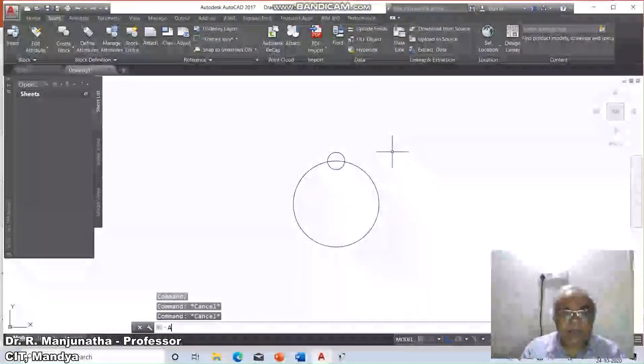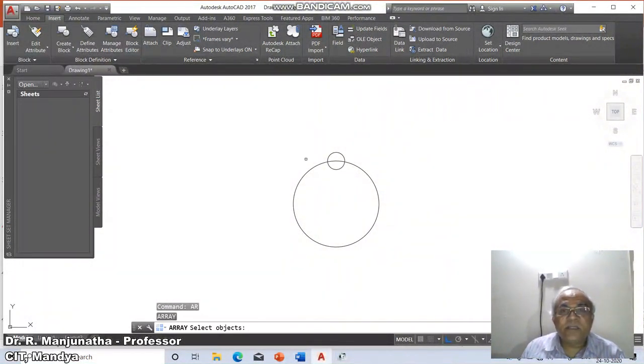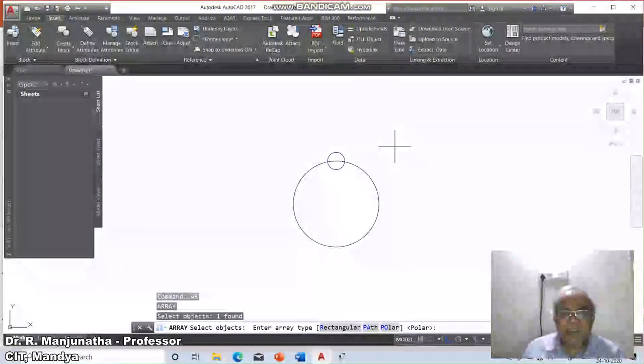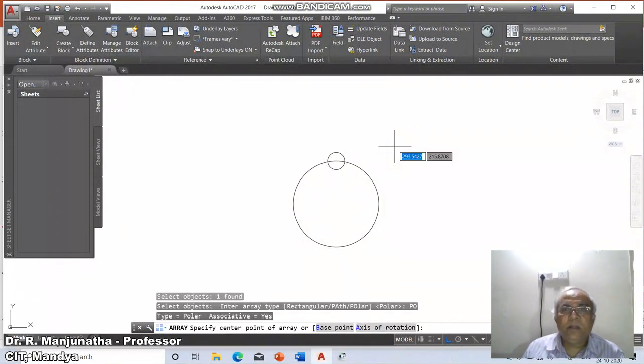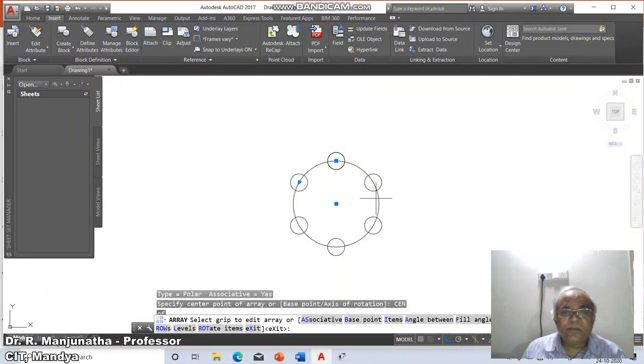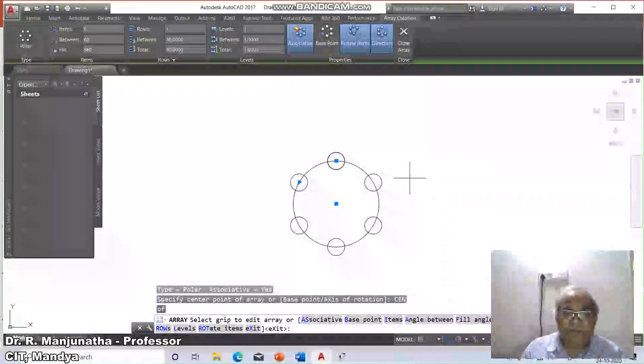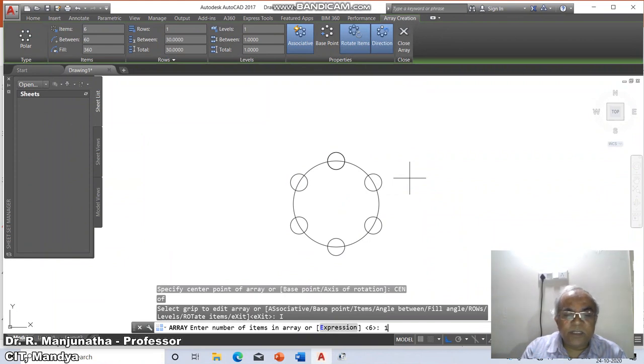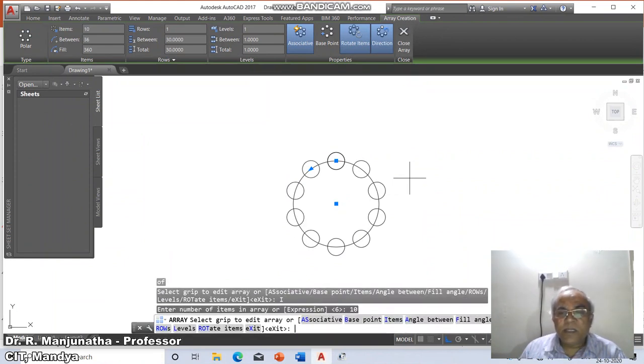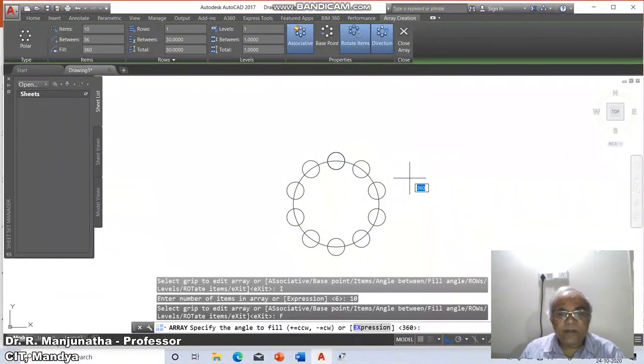Then again command is array. So I'm going to select this object, then we will take this polar array, polar, then take the center point of this, then the number of items, I'm going to take 10, then fill angle, I will say F fill.